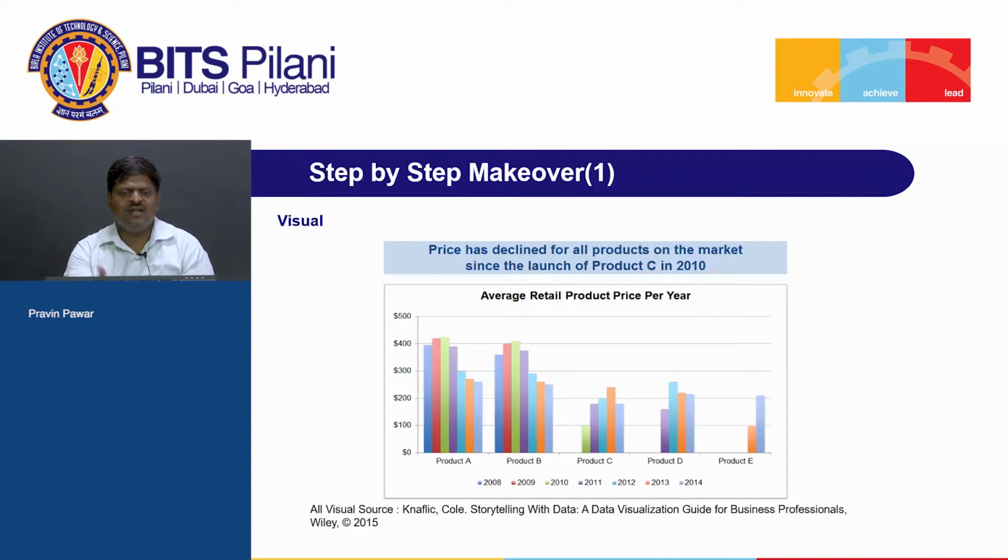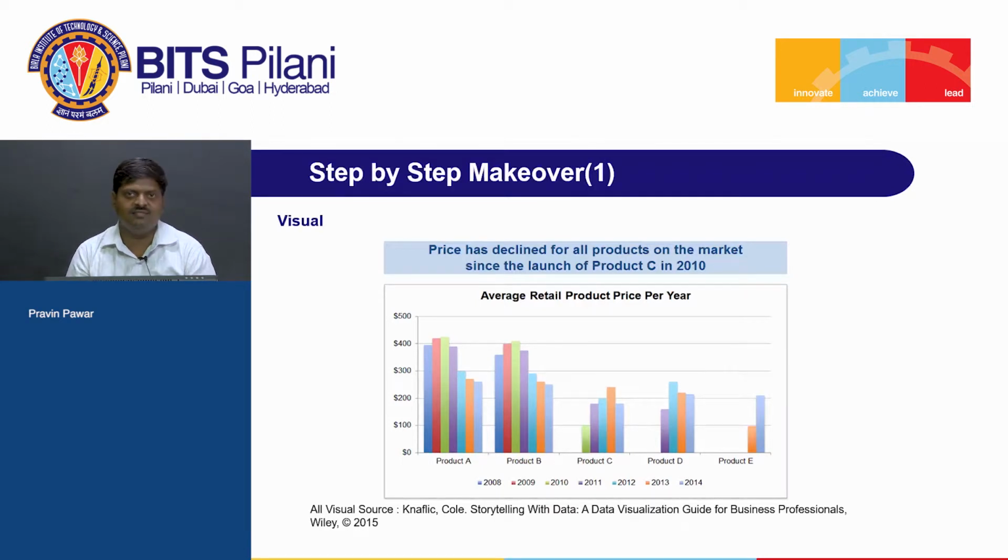Maybe initially when they provided that information, a simple visualization like this was presented. It shows five products that are already present in the market and, for the years 2008 to 2014, the average price of each product that was recorded. The title says average retail price per product per year, and the observation is that price has declined for all products on the market since the launch of product